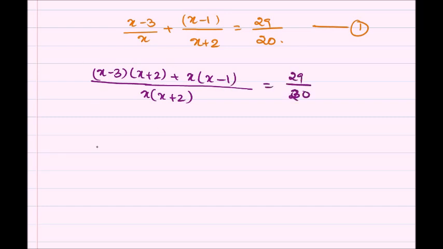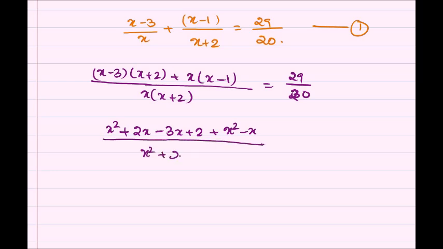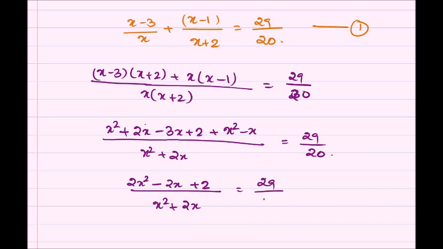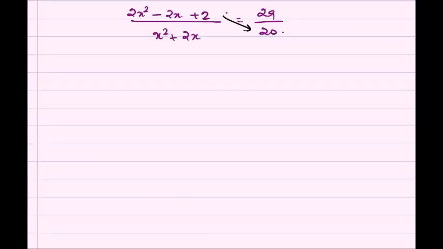Solving this, x square plus 2x minus 3x minus 6 plus x square minus x, the whole divided by x square plus 2x is equal to 29 by 20. That is 2x square minus 2x minus 6, the whole divided by x square plus 2x is equal to 29 by 20. Now cross multiplying,